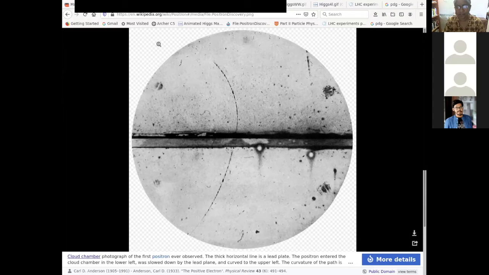So this is the positron discovery. This was the very first discovery. After that came this experiment which I called LEP, the Large Electron Positron Collider. As the name suggests, the electron and positron collided with each other. As I also just said, they first collided at energies exactly enough to produce the mass of the Z boson. So root S was actually mZ, but since at that time Z was yet to be discovered, they didn't know what mZ was. So they kept on increasing the root S until they found the resonance, the Breit-Wigner resonance, which showed